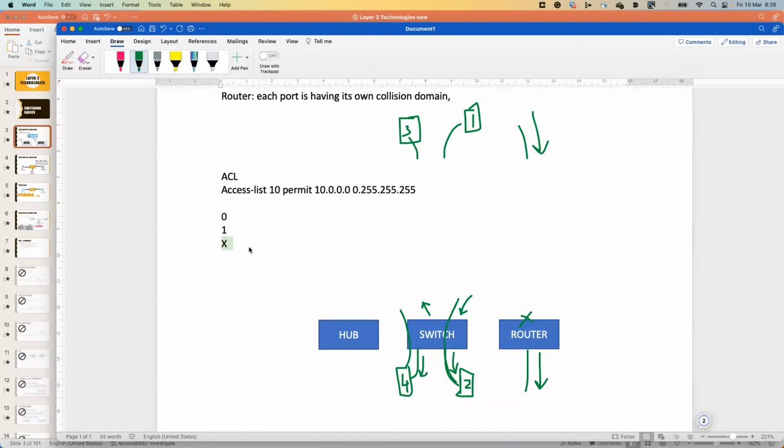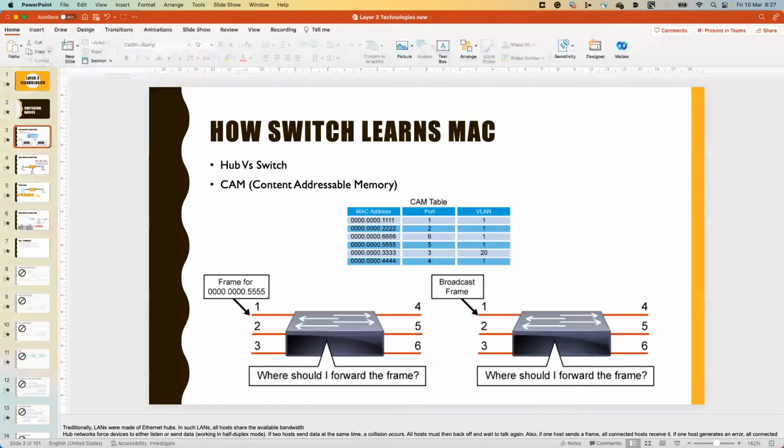In binary format, within my table where I'm storing these ACL entries, I'm matching this first bit as 1, second bit as 0. However, for these others, I have masked them. I do not want to match them at all. So that's why there are 3 probable entries. That's why this is known as ternary CAM, wherein we can have